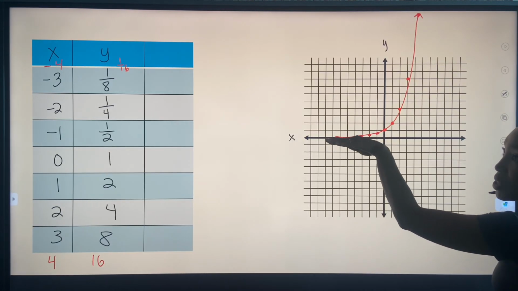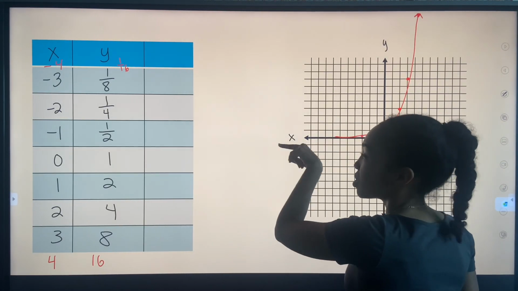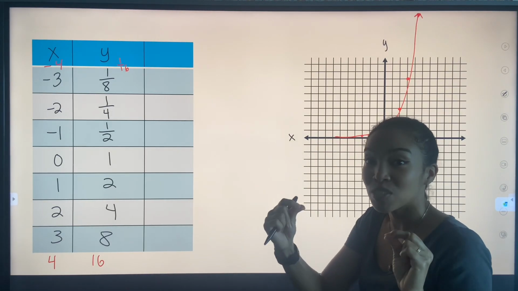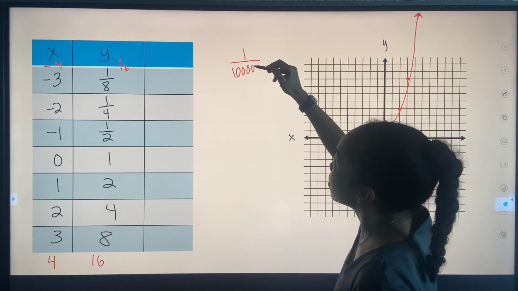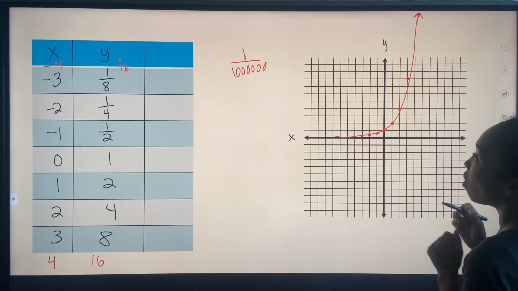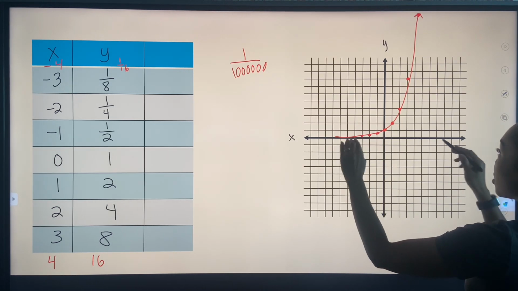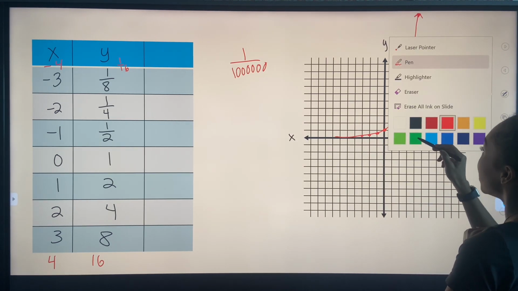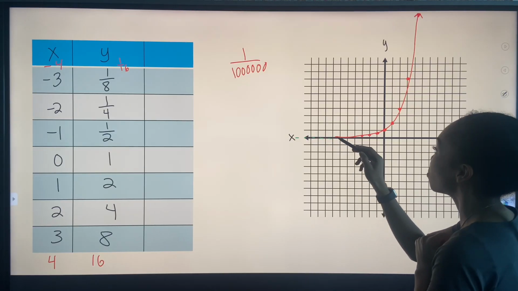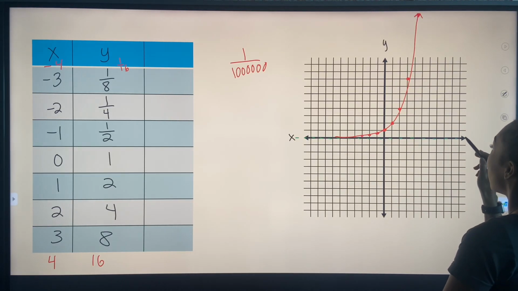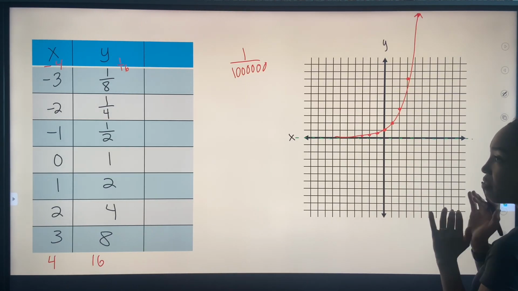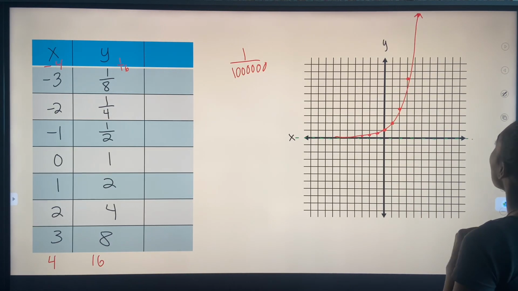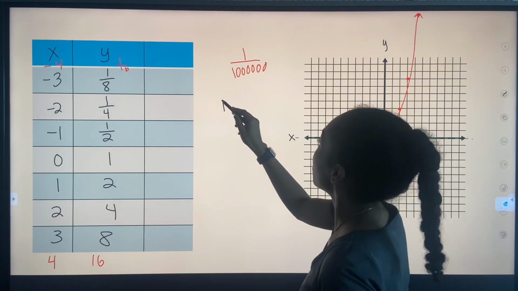It will never reach 0, but as you go to the left, it gets very, very small. Eventually, you'll have something like 1 over a million, right? It just gets very small, but it never touches 0. So what you are witnessing is an asymptote right here at 0. It will never touch 0, never. Okay, so really quickly, the domain,